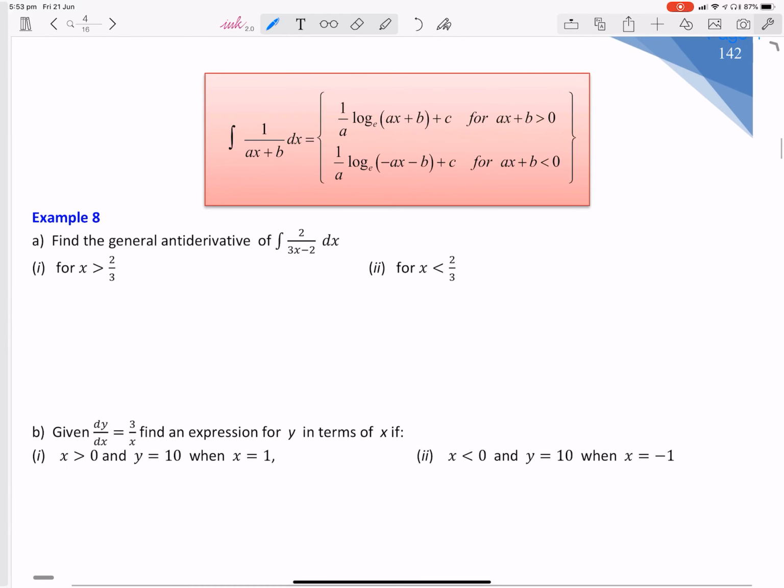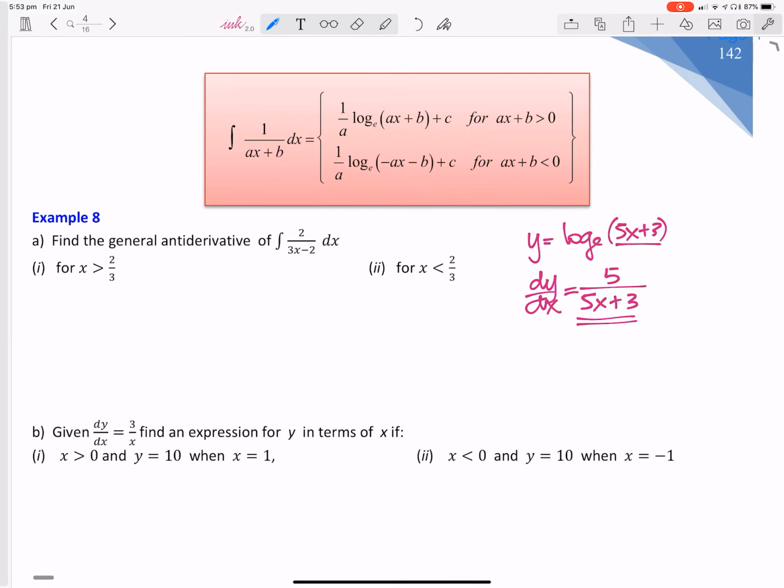Okay, now this is probably the most possibly confusing thing in the course. When we derive logs, like if I had y equals log e (5x + 3), dy dx is the derivative of the bracket, which is 5, over the bracket, which is 5x plus 3. Now, if we want to use the inverse for this,